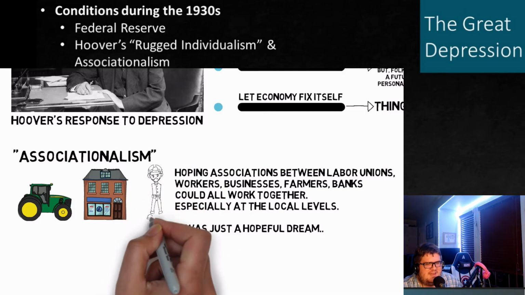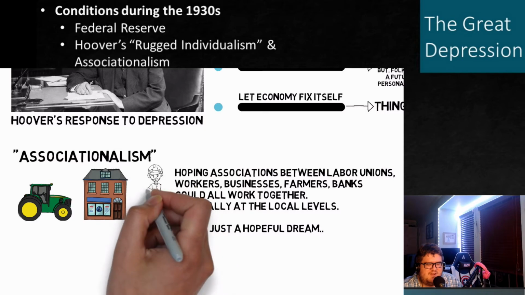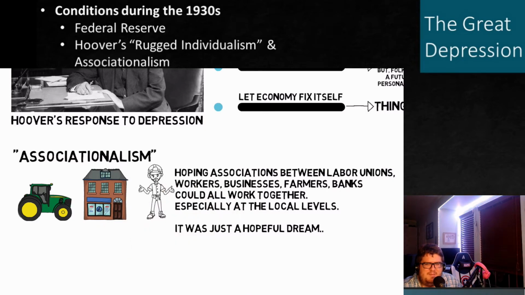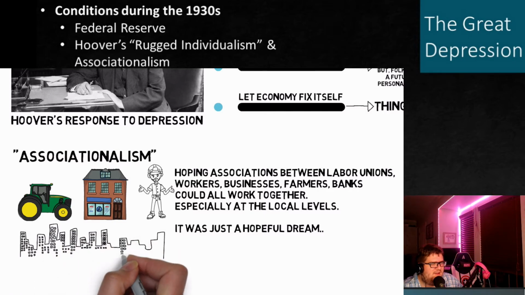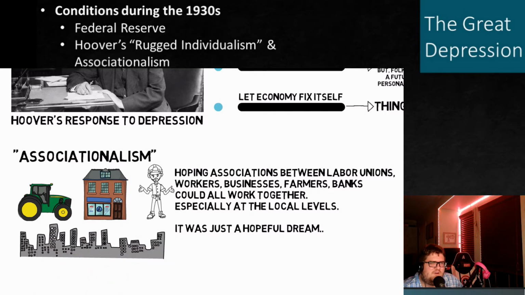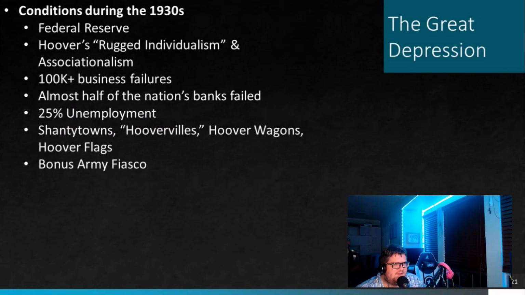And then when you look at labor unions who are trying to get businesses to adopt better, safer practices so people aren't getting hurt because they can't afford medical issues right now, none of that comes together and works. It's well-intentioned again, but it doesn't work. So Hoover starts to see the writing on the wall a little late, and a lot of the country is kind of fed up with that. And it really comes to a head in 1932 during the election circuit.